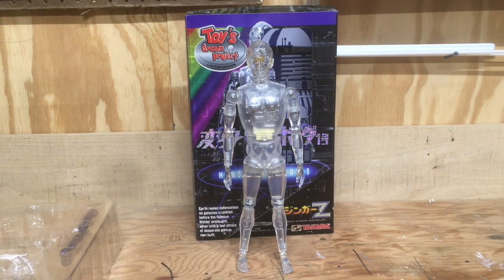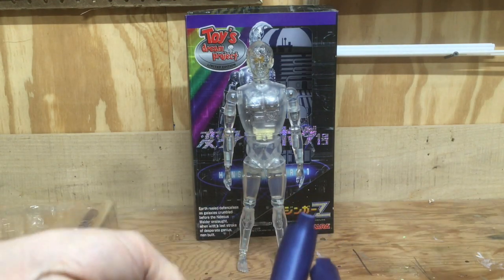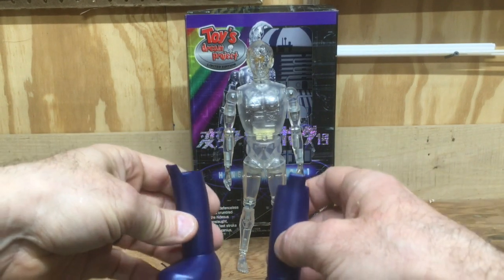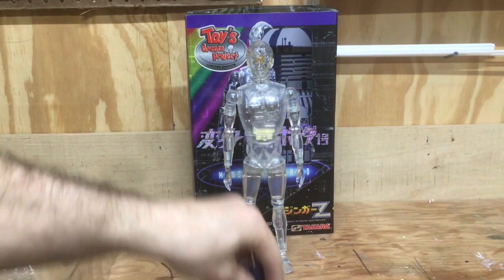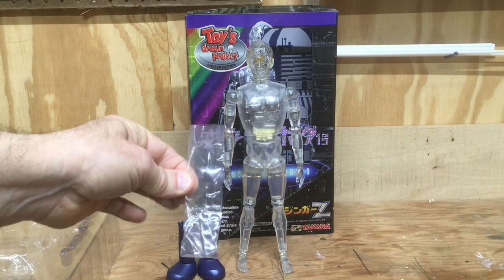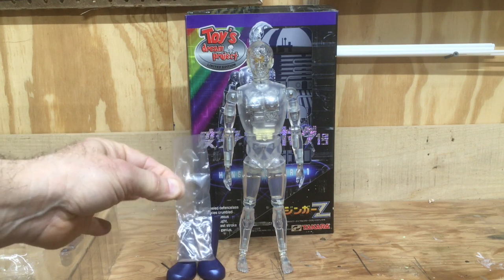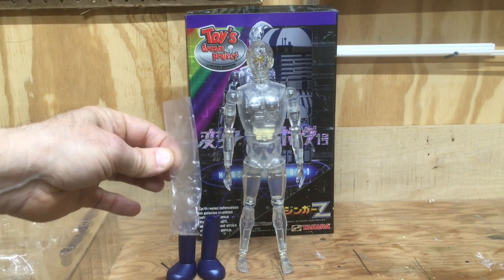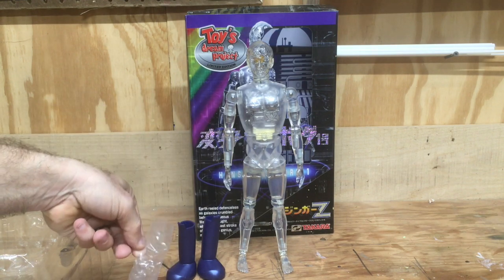Now, before we really get started reviewing him, I'll go ahead and address the issue I had with the figure. He came with these. Let me put these down. He came with these 2 boots on, okay? So these were the boots that slip over his feet. And these boots, his legs were wrapped in a plastic material, and the problem was when you had that in there for a long period of time as kind of